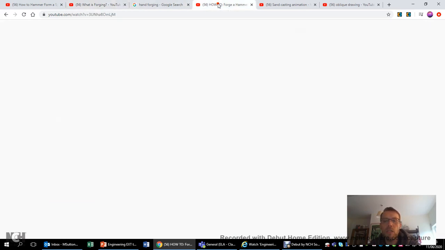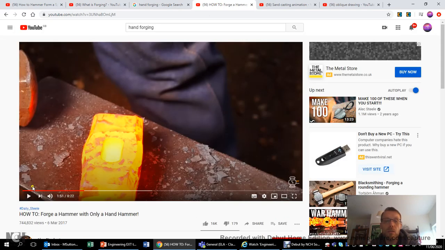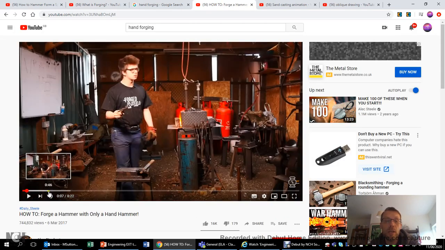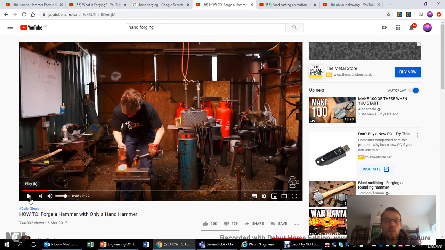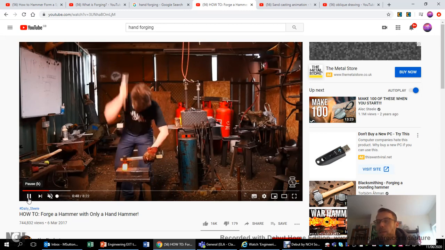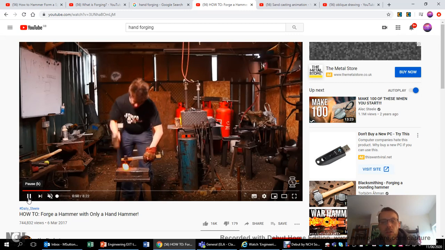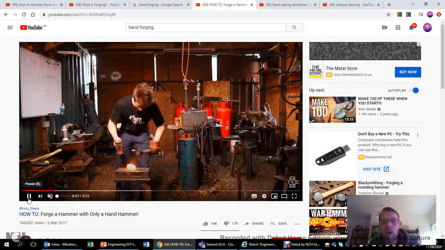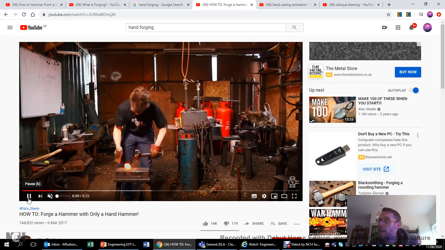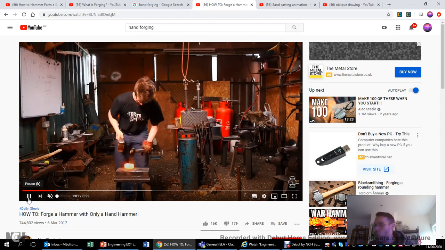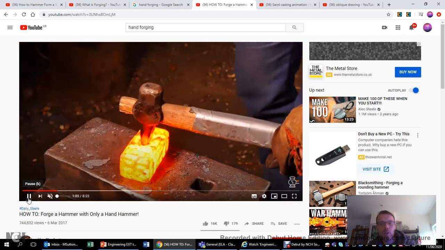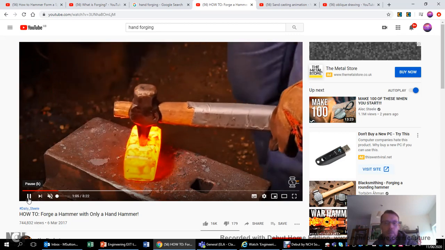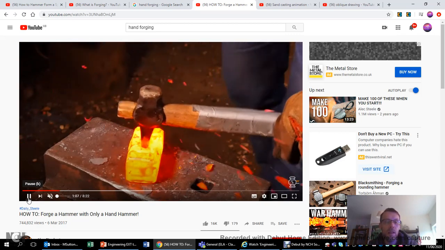Really, the main thing you need to understand is that when you're heating metal up and then repeatedly hitting it with a hammer, that's what we call forging. Now, that can be done by hand, like this gentleman is doing just here, and he's using something to indent into the metal there, but you're using a lot of weight onto the base there, and that helps us to form the individual shapes. So you can see here it's forming the shape up like so,